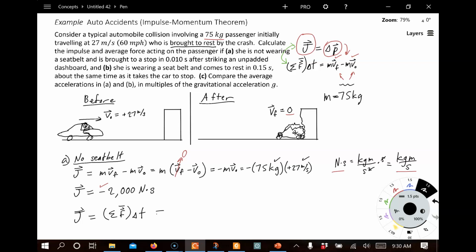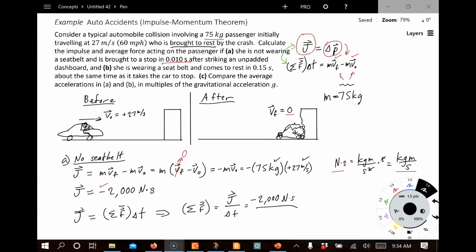And if we solve for the average net force by some algebra, we'll see that this is equal to J, the impulse, divided by the time interval. And so we can calculate the average net force during this crash. So we're going to put in minus 2,000 newtons times seconds divided by